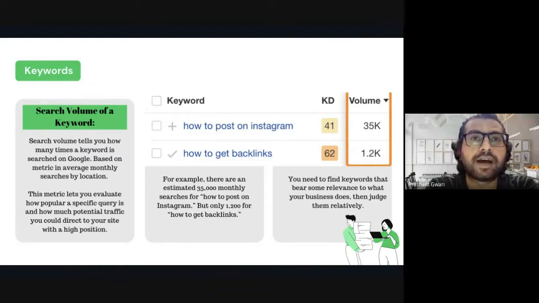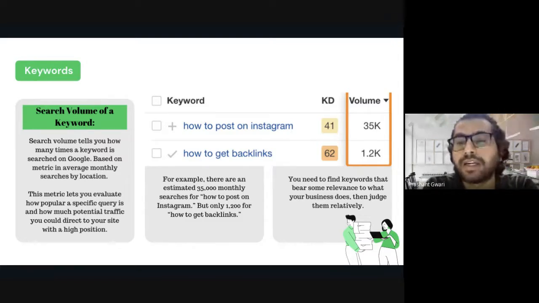For me, the right keyword will be best course in digital marketing, or best institute in digital marketing, or where I can learn digital marketing. So these are the best keywords for me, because those are the people who are looking to learn digital marketing. If someone is typing what is digital marketing, he does not actually want to learn it, he just wants to know the definition, or he is just a little bit curious, so he wants to know the answer. And I need someone who wants to learn. I don't want someone who is looking for a definition. If you are looking for a definition, go to Wikipedia or any blogging page.